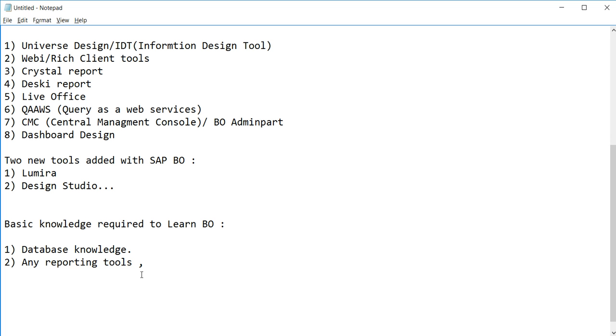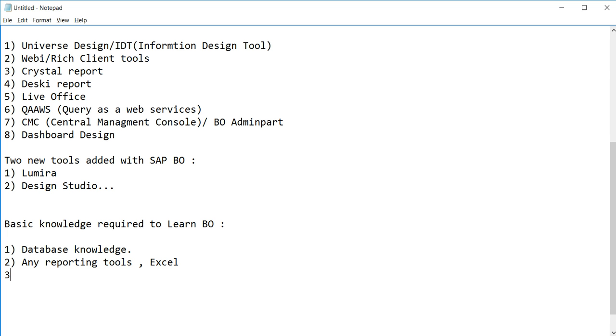See, in the hard copy, if you get a bunch of reports, you have to easily recognize that this is the page header, this is the report footer, this is the detail section. So these are the reporting tools. Even if you have designed any report in Excel, that is an advantage only. Even if you have knowledge about Excel, that is the advantage, nothing else.